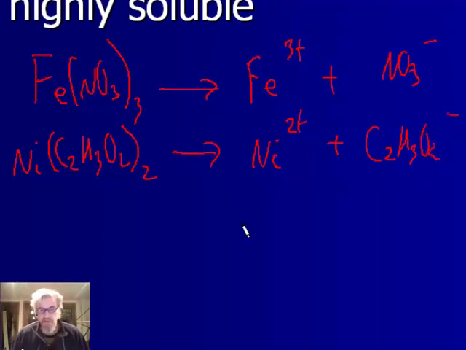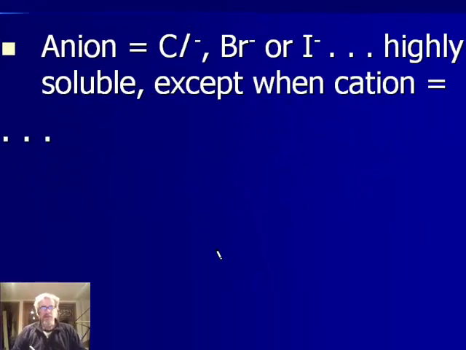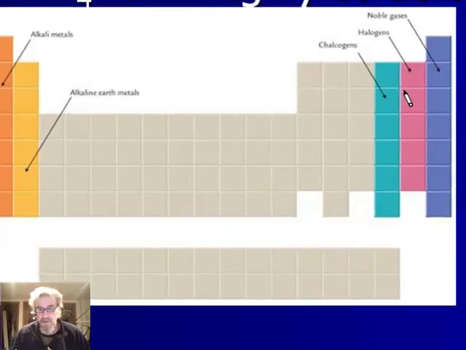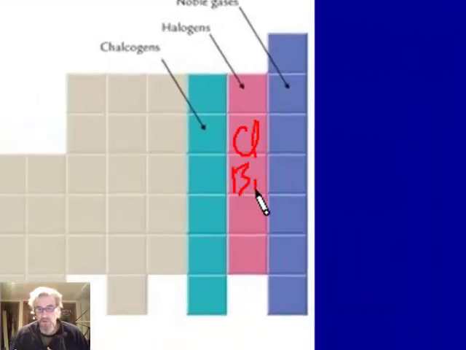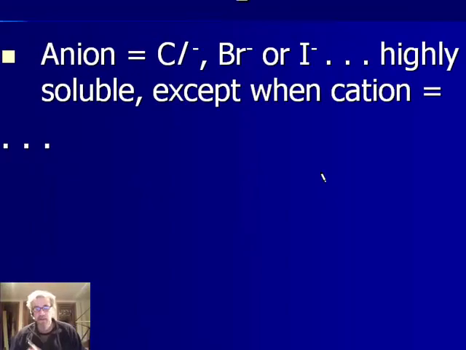Now I'm not bothering to balance these, but they could be balanced. Another rule that has exceptions, it's not an all-the-time rule, is chloride, bromide, or iodide. These are called the lower halides. So these are the halogens, chlorine, bromine, iodine, right there. When those are the anion, it's usually soluble. In compounds in which chlorine, bromine, or iodine are the anion, it's usually soluble, except when the cation happens to